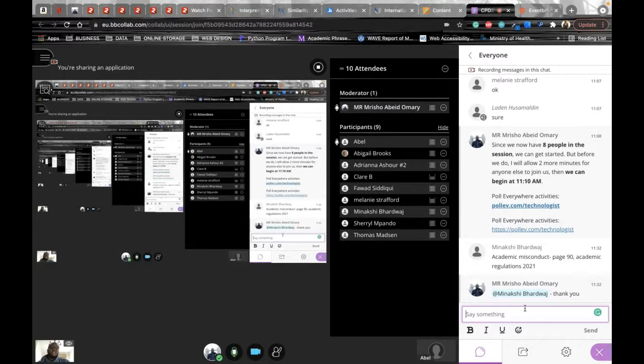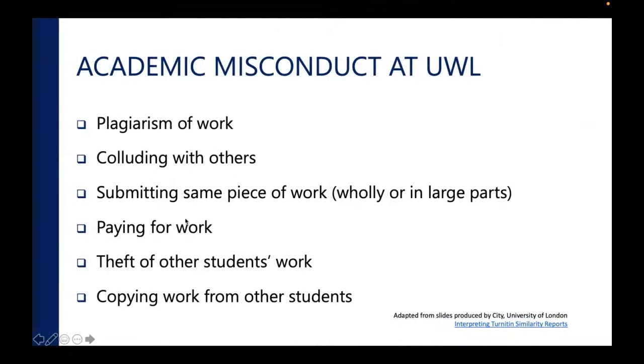What do you think? Yes, in fact, it's the same thing that I went through when I was doing my project back in 2018-19. The literature review is counted as part of the project itself because it's just a portion of it. The comment we are talking about is using their own piece of work. Let's say I submitted something for a module in which I talked about creating an application, and then for my project, I'm talking about creating an application, but I'm going into more detail. Now, if I use the previous work from the other assignment and have not referenced it or shown where it's from,